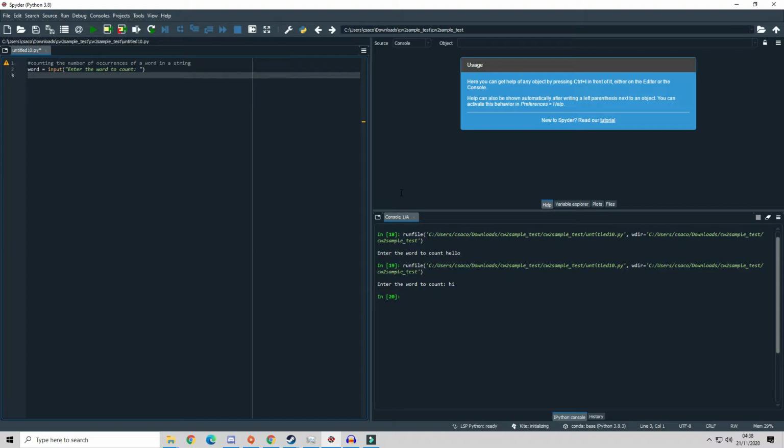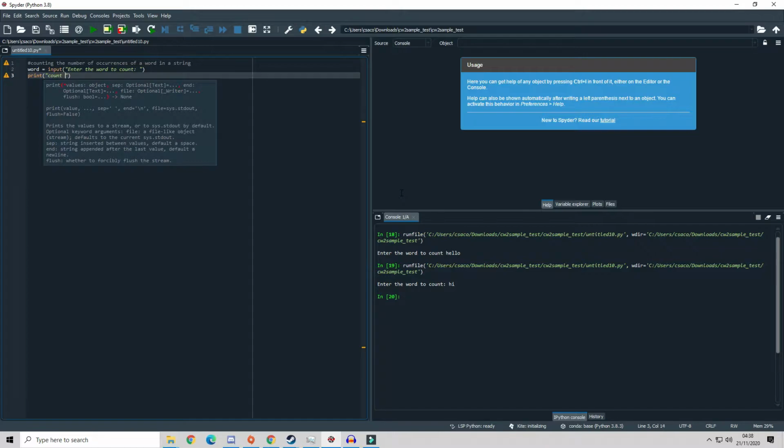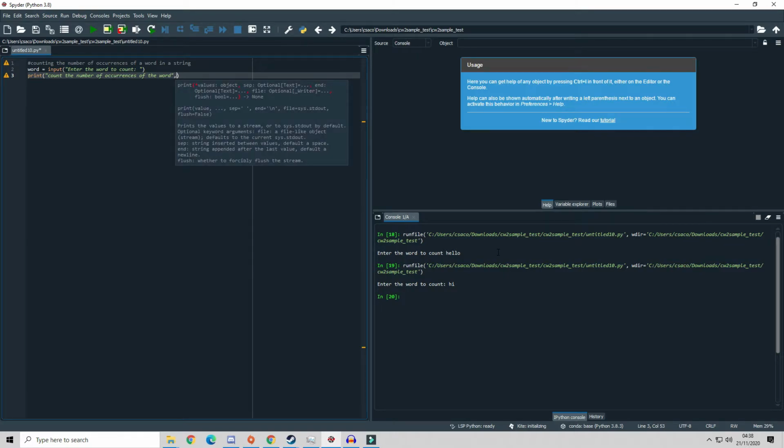So, we're going to print count the number of occurrences, I hope I've spelled that right, of the word. Now, we've already got our word variable up there, so we want to actually have that printed in this string. And we can't do it in these quotation marks because that won't work. We'll actually have to take a comma and then put the variable in, have another comma, and then do some more quotation marks